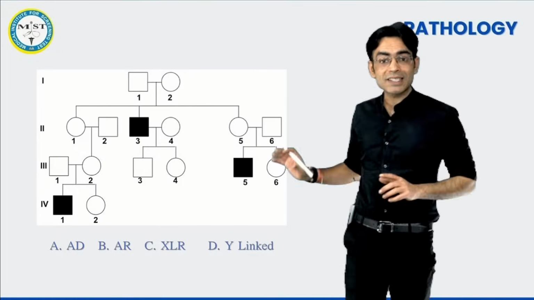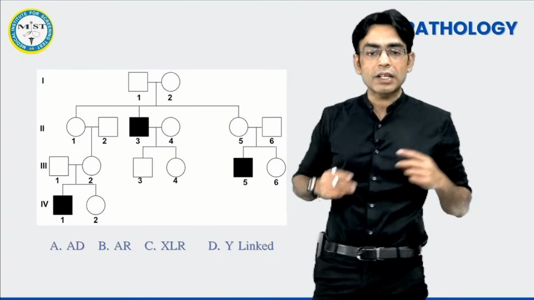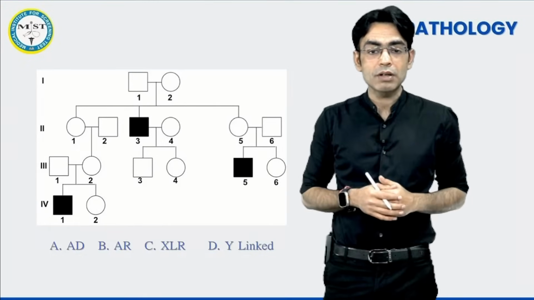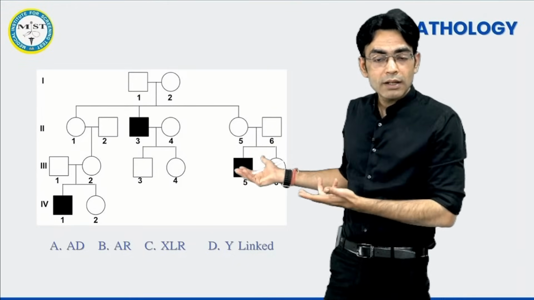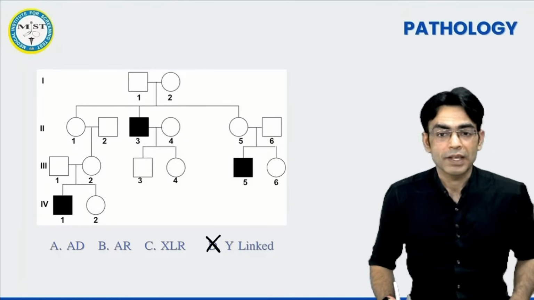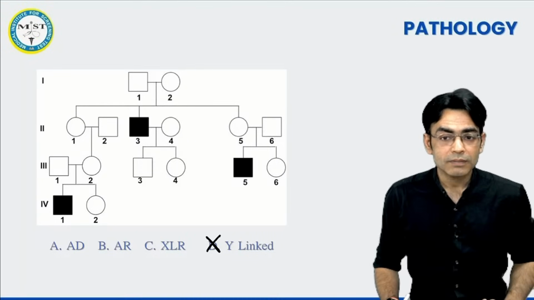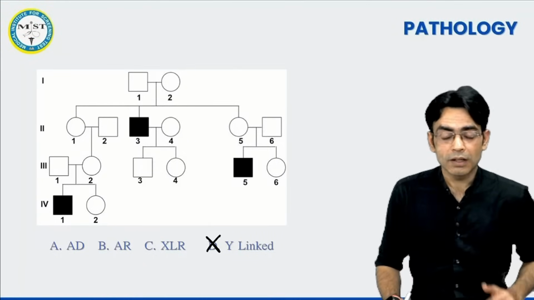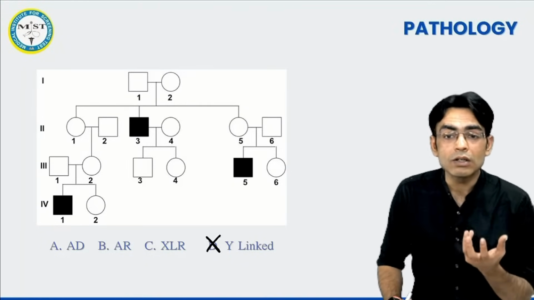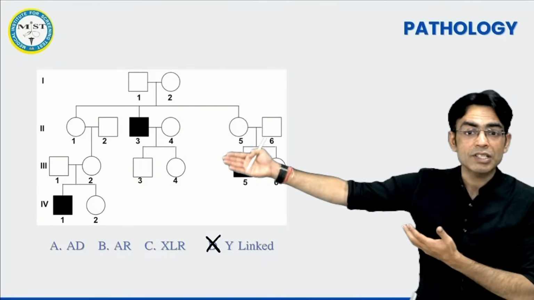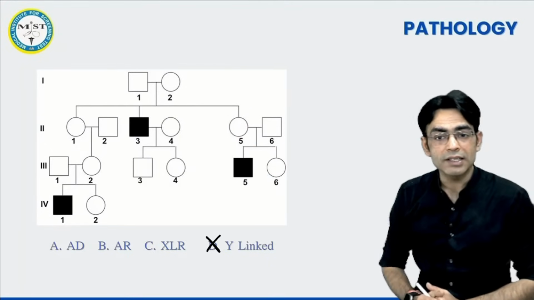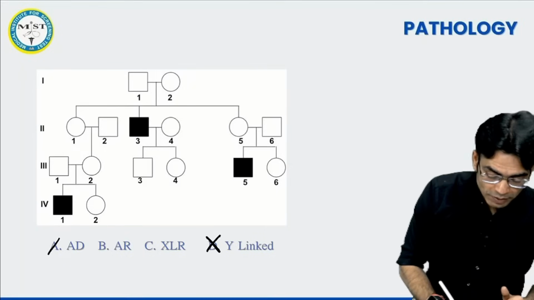It is not like that. So don't quickly look and say okay, males are affected so it's Y-linked. You have to see whether there is any male to male transmission depicted here. That is not there. So what is it? This is not Y-linked. It's wrong. X-linked recessive, can this be it? Autosomal dominant cannot be, because we have a skipping of generation in this. Here this father is diseased, but the father is not sending the disease further. So this is not a dominant pattern.